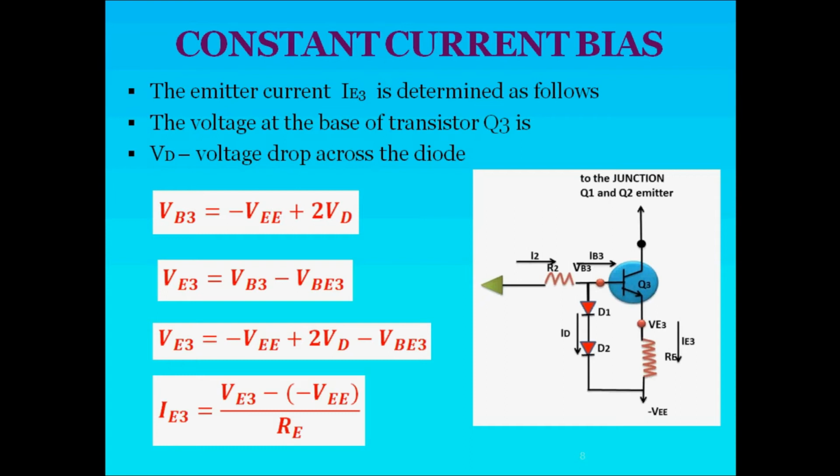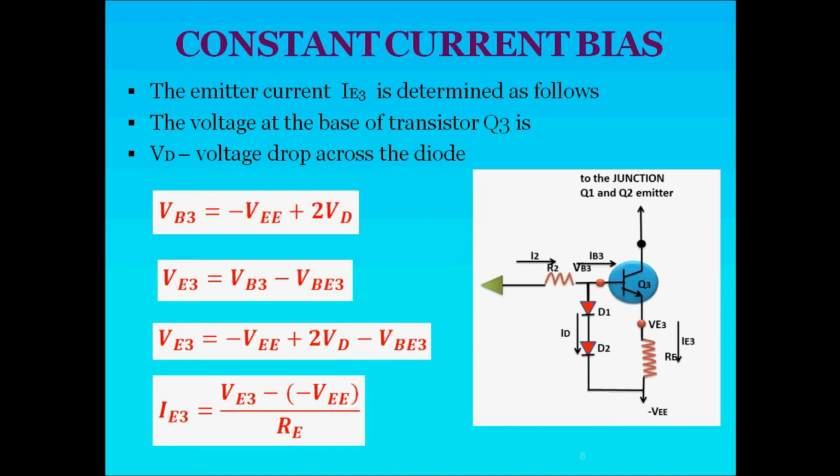If the voltage drop is reduced, the maximum current component of I2 will be flowing through the diodes. So maximum current flows through the diodes and hence there is no increase in the IB3 current. And because of this IB3 decreases, which prevents a significant increase in the IE3 current. Got it? How it happens is, if there is any increase in temperature, because of these diodes, with increase in temperature of Q3, the diode drop is reduced and maximum current will be flowing through the diodes, and that will prevent IB3 from increasing and eventually IE3 will not increase.